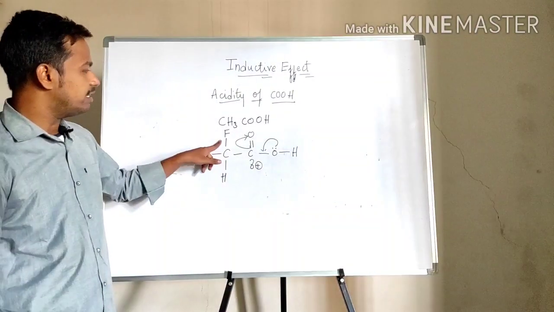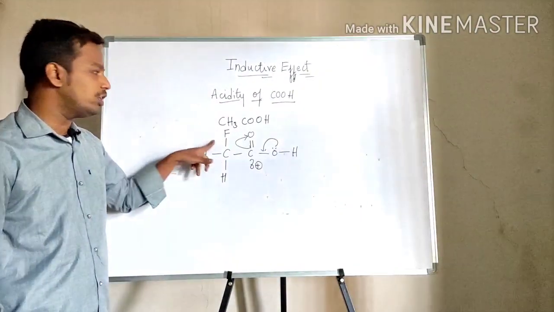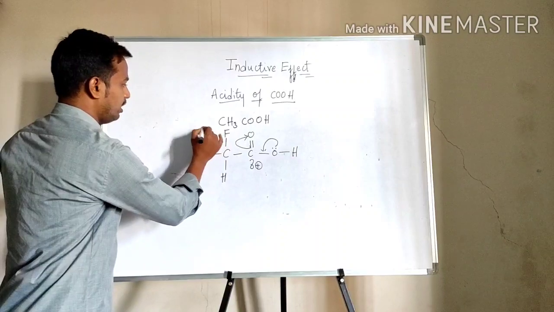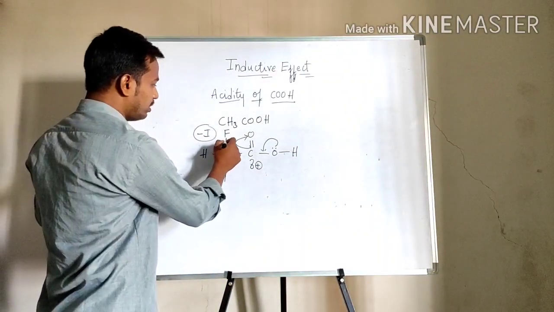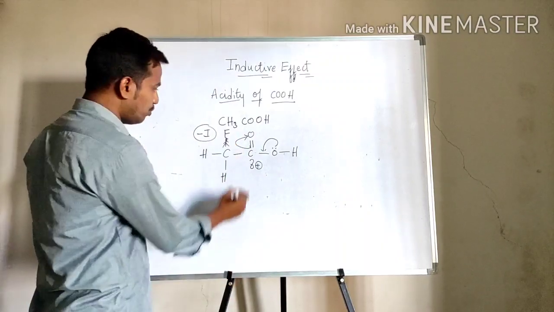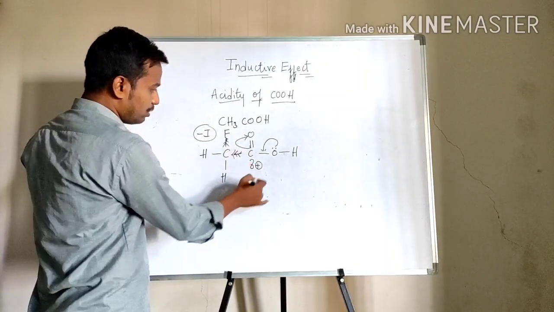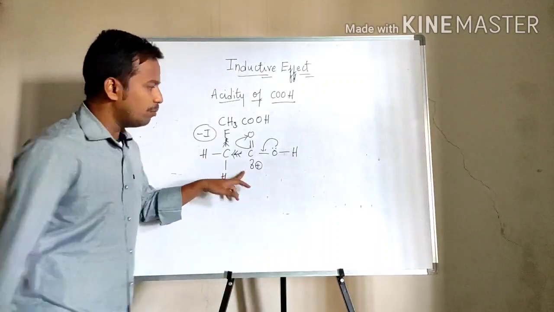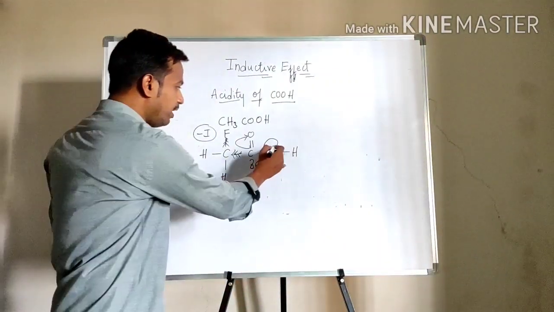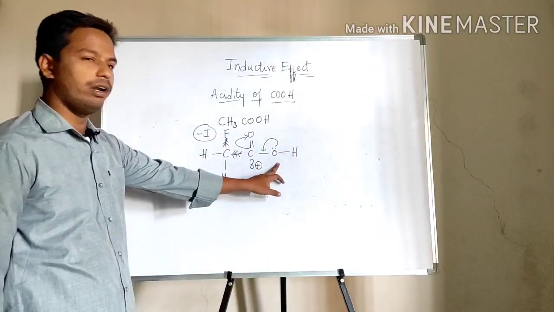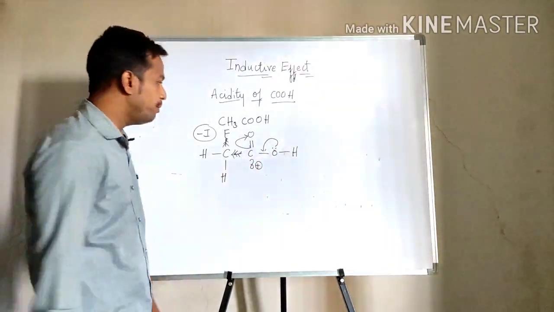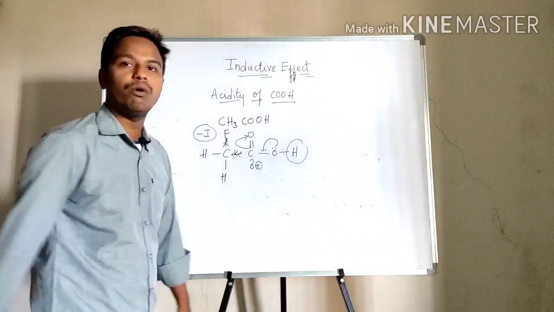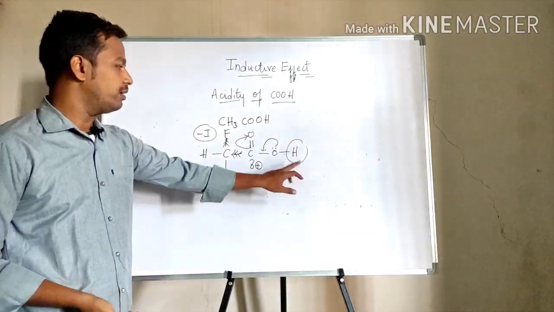Here there is a fluorine which is minus I, so fluorine, what will it take? It will pull the electrons towards itself. Electron movement is like this, so the positive charge is still increased, more positive charge is there, so this oxygen will effectively donate to this carbon entity, making this hydrogen atom more free to liberate.